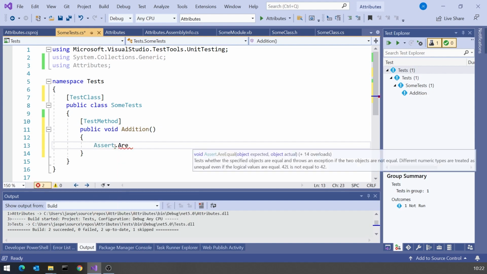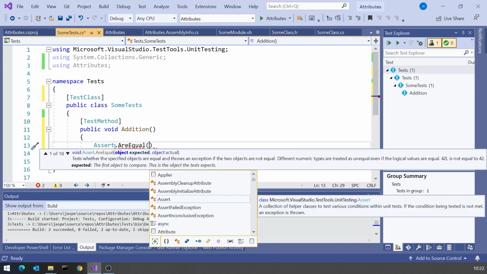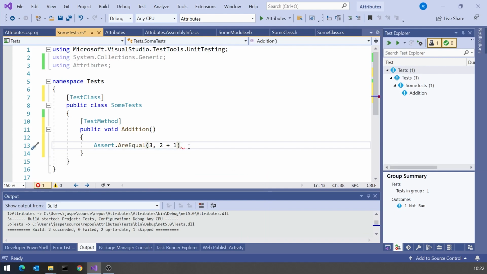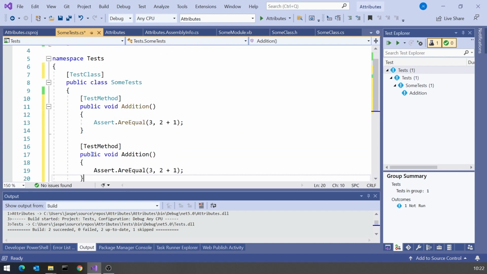We could have an Assert.AreEqual, and then I could do 3 and 2 plus 1. Okay, so we're only really testing the plus operator in C#, which we know works, but that would work. But the problem with this is it's only one example. And so if you only had that test method, we might have to call that addition 2 and say 30 is 20 plus 10, and it gets really very tiresome.